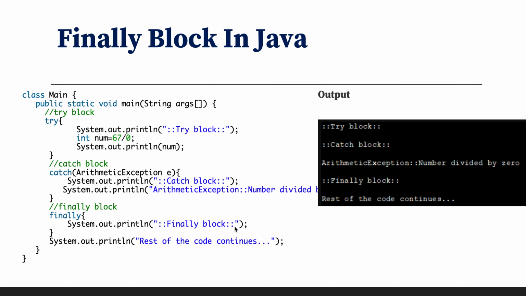That's why it is printing here, and then the rest of the code continues. So we have seen that even in case of an exception the finally block is executed, right? This is useful for operations where we want to execute some piece of code always, whether the exception occurred or not. So this is the use of the finally block.